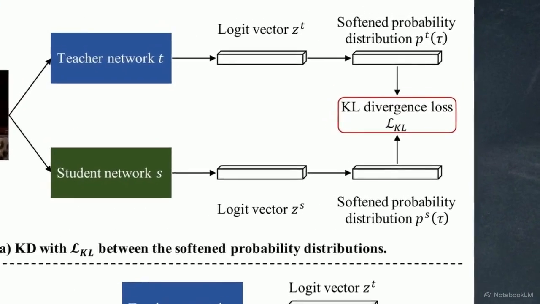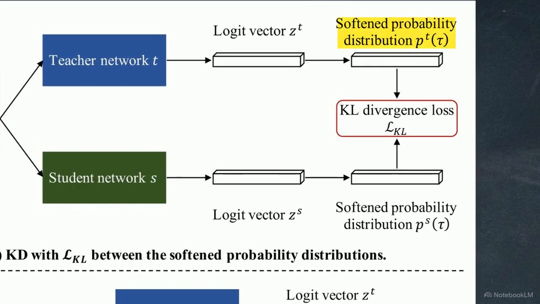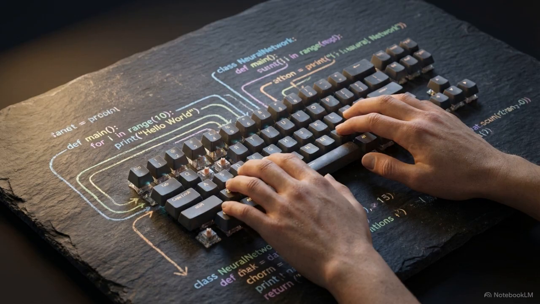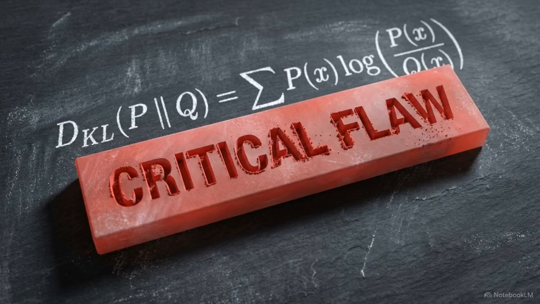Raw network logits pass through a softmax function, converting them into a softened probability distribution. KL divergence acts as a bridge, calculating a penalty whenever the student's probabilities deviate. The machine learning community relies on a specific methodology to tune this loss function. However, mathematical proof demonstrates that this default tuning strategy is actively bottlenecking student model performance.